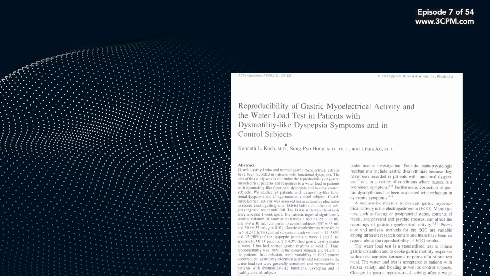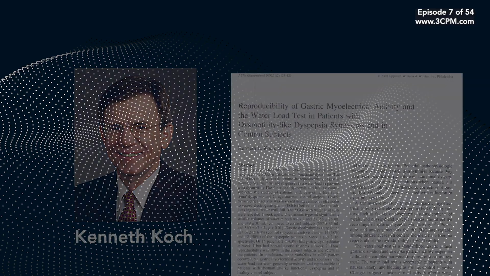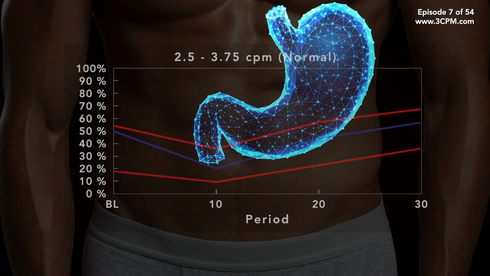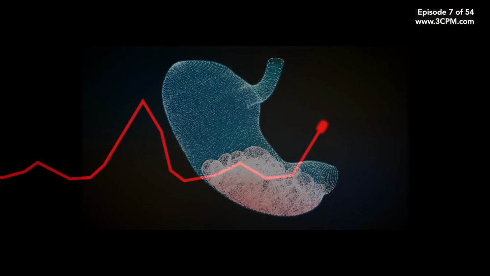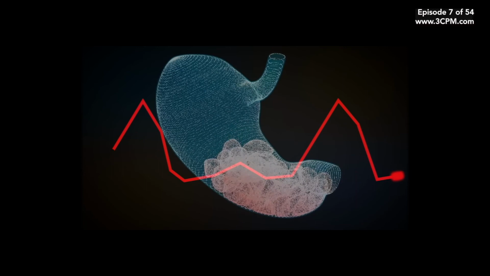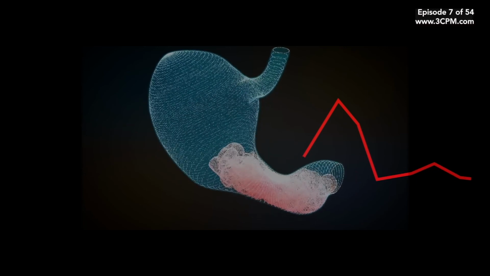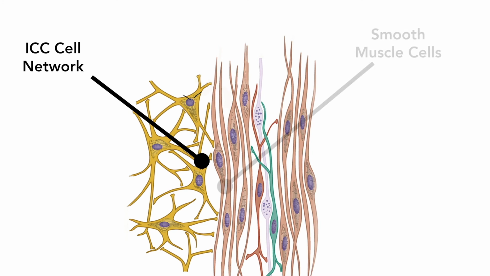In 2000, Koch and others published their results demonstrating the normal signal ranges in normal healthy subjects. This led the way to recognizing disordered motility of the gastrointestinal system, associated with disease. Scientists were now able to turn their attention to how motility was impacted at the level of the functioning of the gastrointestinal motor unit. This is the motor unit which governs the homeostasis of the gut, and is comprised of the interstitial cells of Cajal or ICCs, the smooth muscle of the gastrointestinal tract, as well as the myoenteric plexi